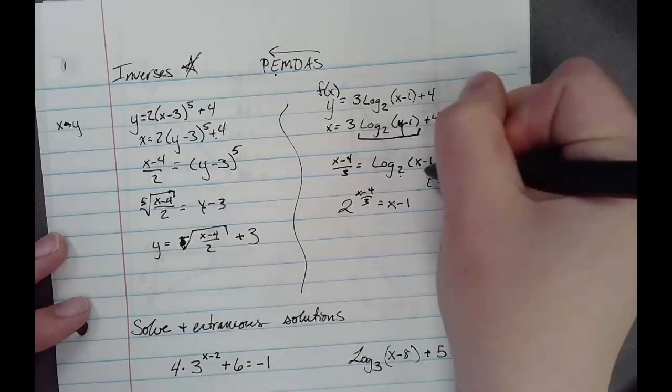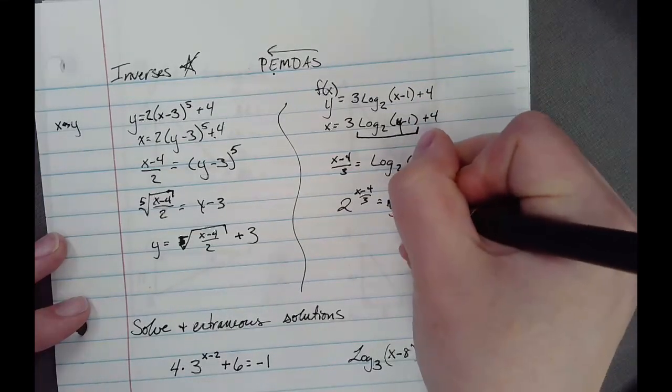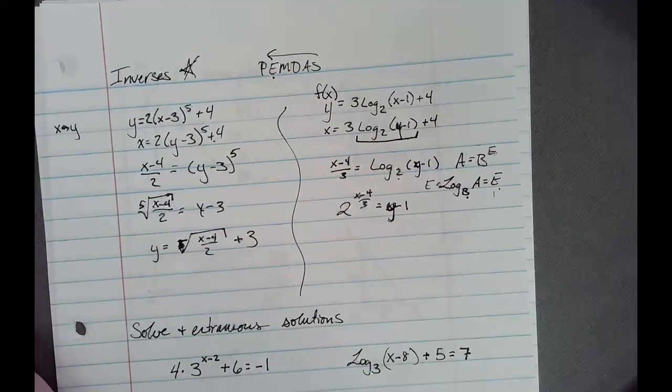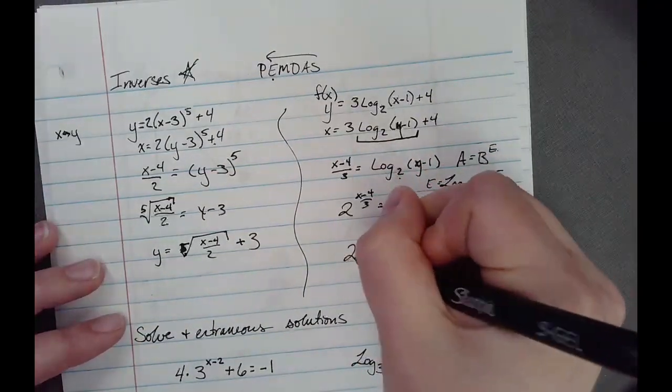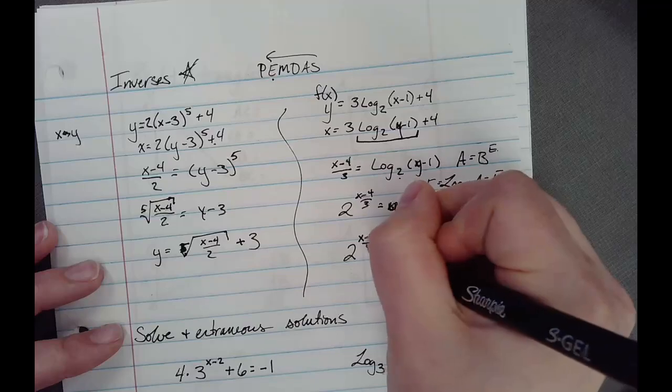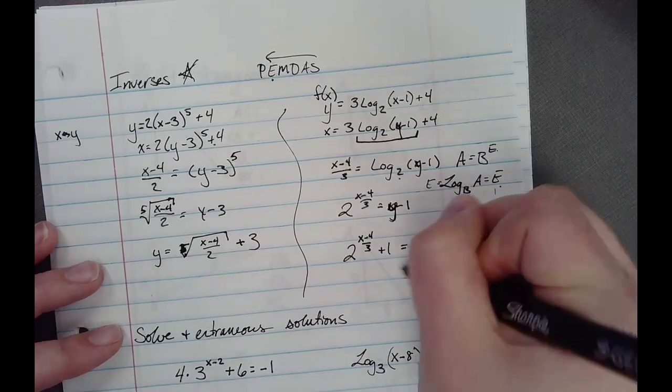Oh, I wrote x twice. That should have been a y. So it is y minus 1. Now that I'm here, I can finish solving for y by adding that 1 to the other side. So I get 2 to the x minus 4 over 3 plus 1 equals y, and this is my inverse